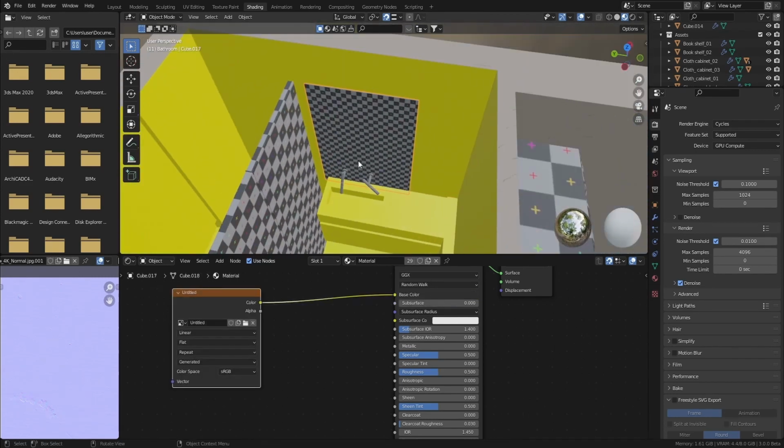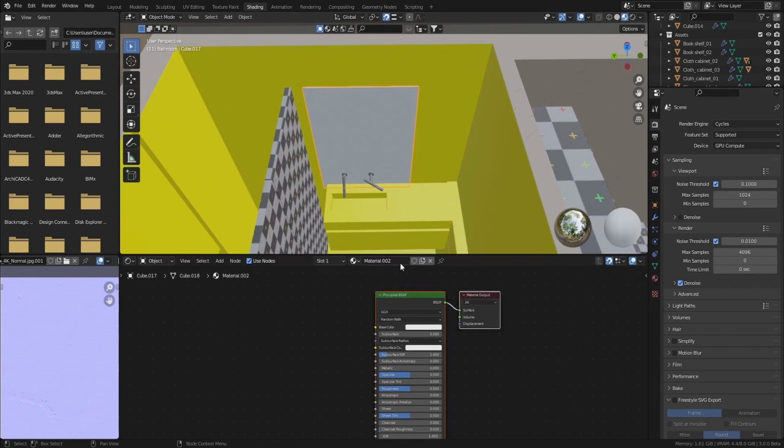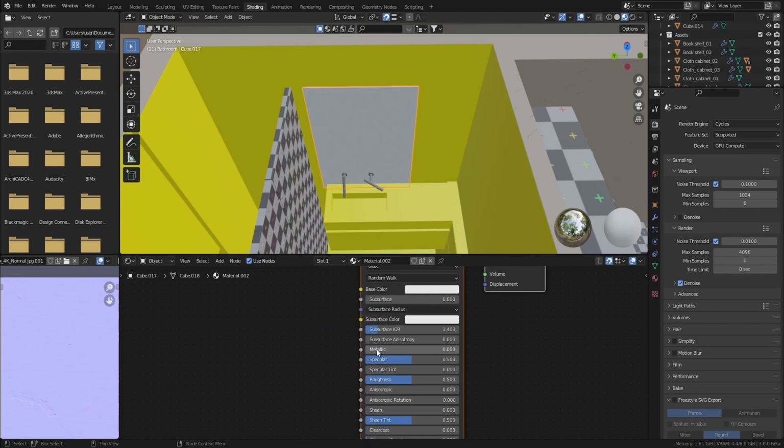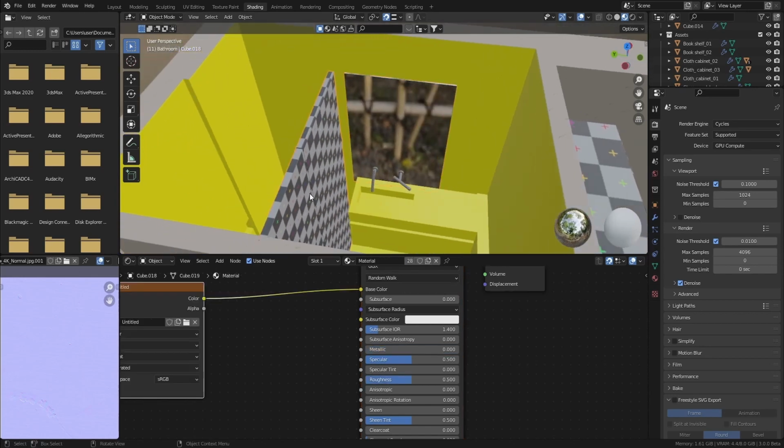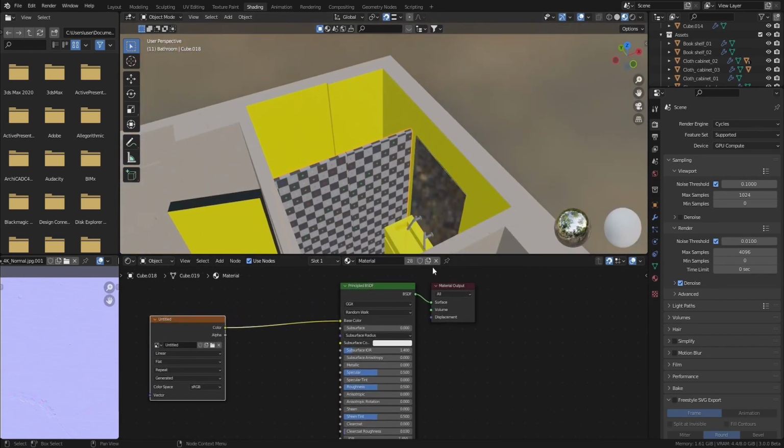Then I will texture this mirror. So the texture of the mirror is very easy. Add the new material and increase the metallic to 1 and the roughness to 0, and you will have the mirror material. Now I need to apply a glass material for this, and also the glass material, it's very easy